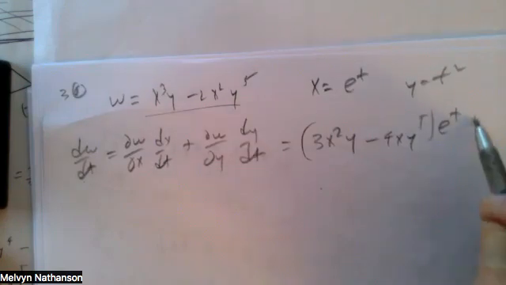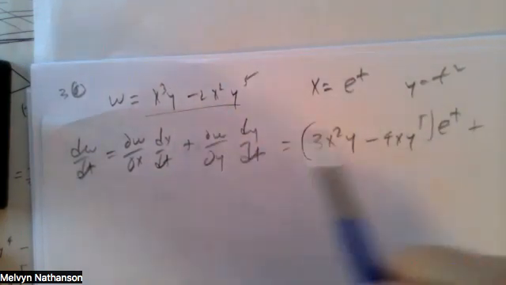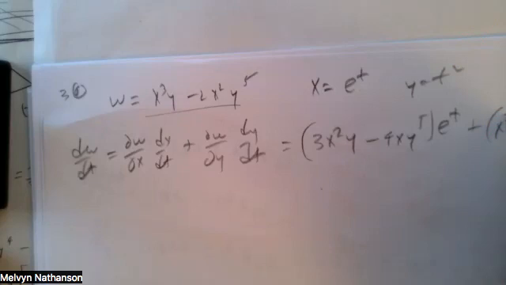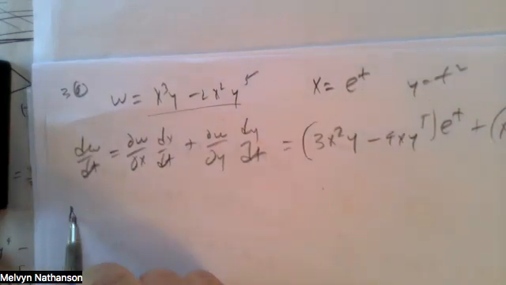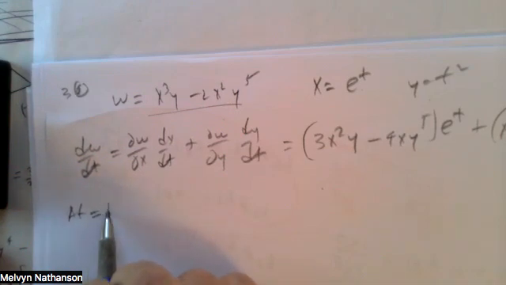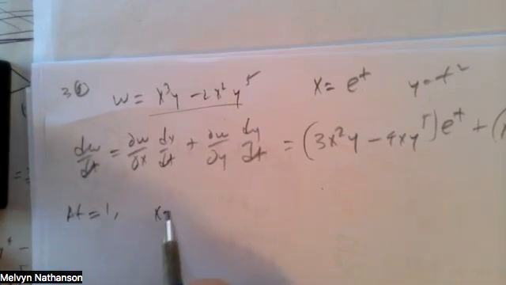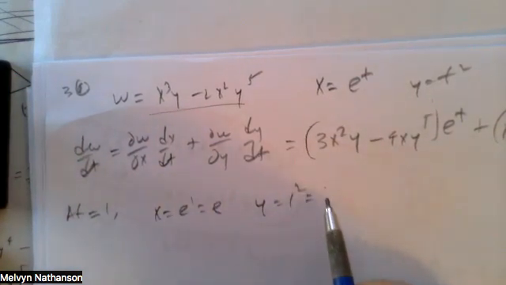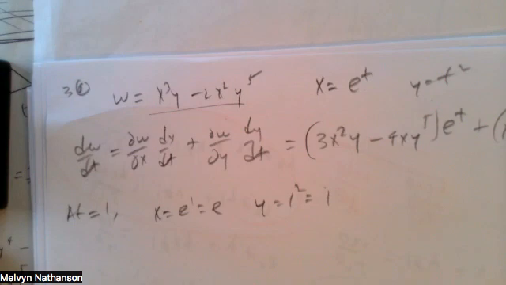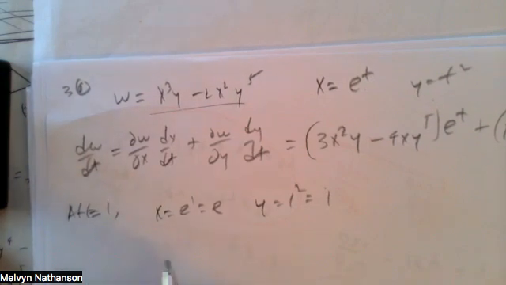plus partial of w with respect to y, which is x cubed minus 10 x squared y to the fourth, dy dt, which is 2t. And we want to compute this when t is equal to 1. Well, when t is 1, x is e to the first power, or e, and y is 1 squared, which is 1. So at t equal to 1,